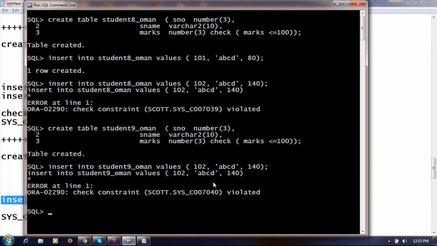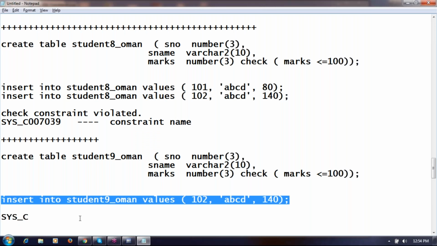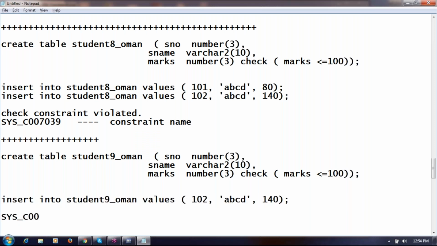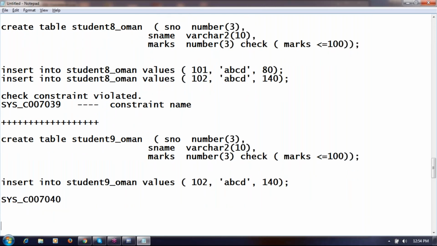Next constraint names will be 7041, 7042, 7043. There will be a sequence numbering given by the Oracle engine on every constraint created by the developer. Okay, am I clear? Yeah.